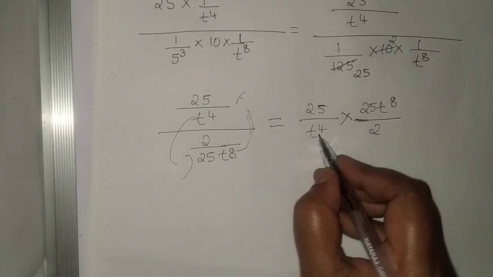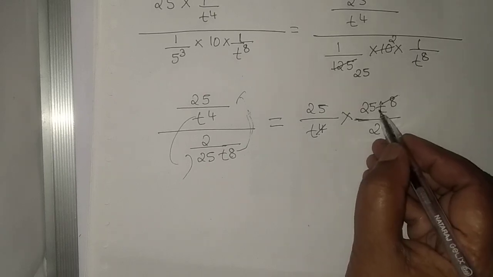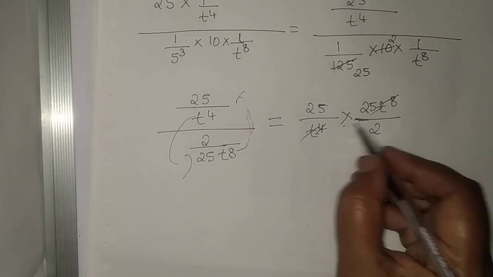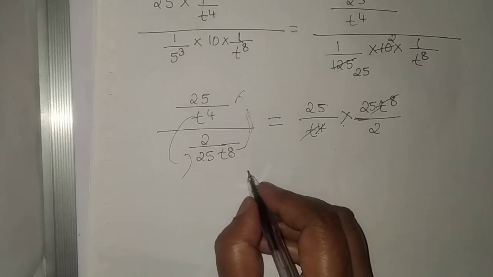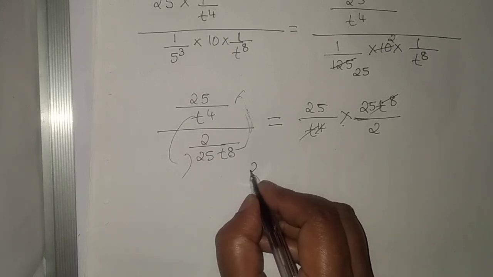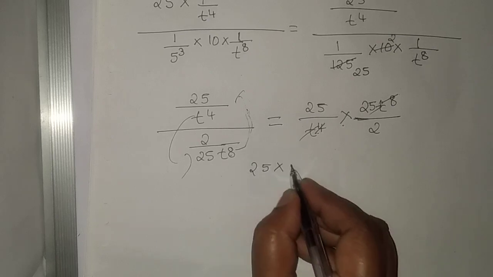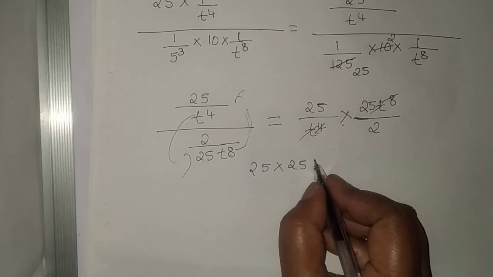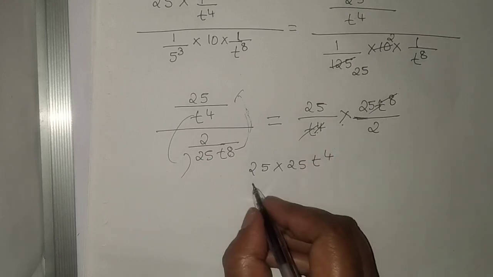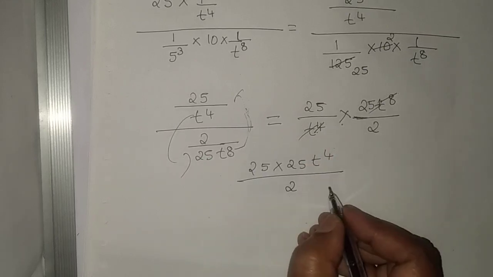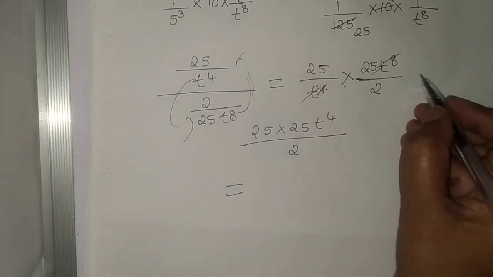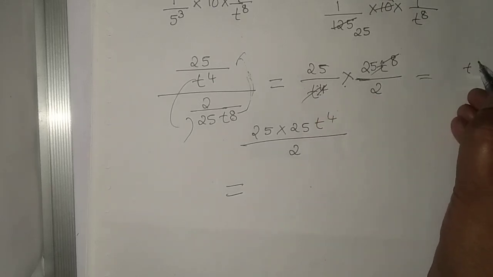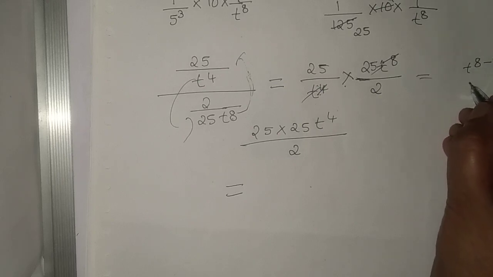Here t, how much? Here remains 4. So what we get? 25 into, we'll get 25. Then here t remains is 4. So here divided by 2 we are getting. So finally, if we are getting confused, just take t power 8 minus 4. This will be,